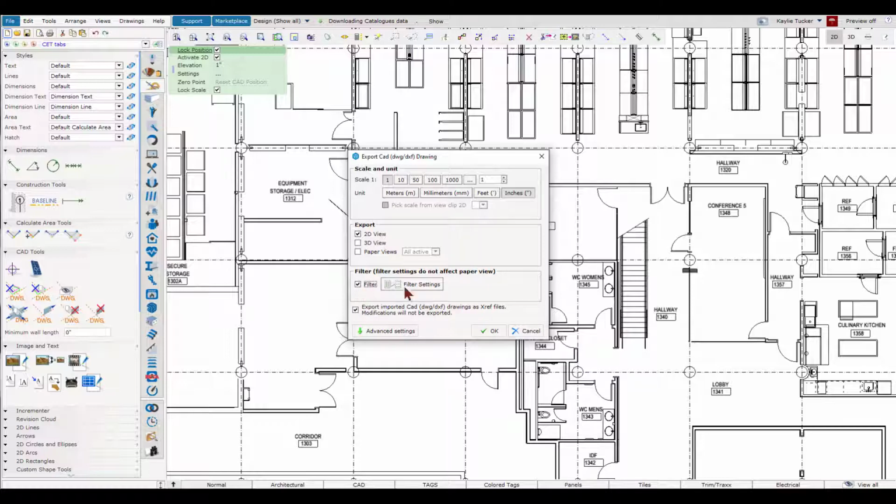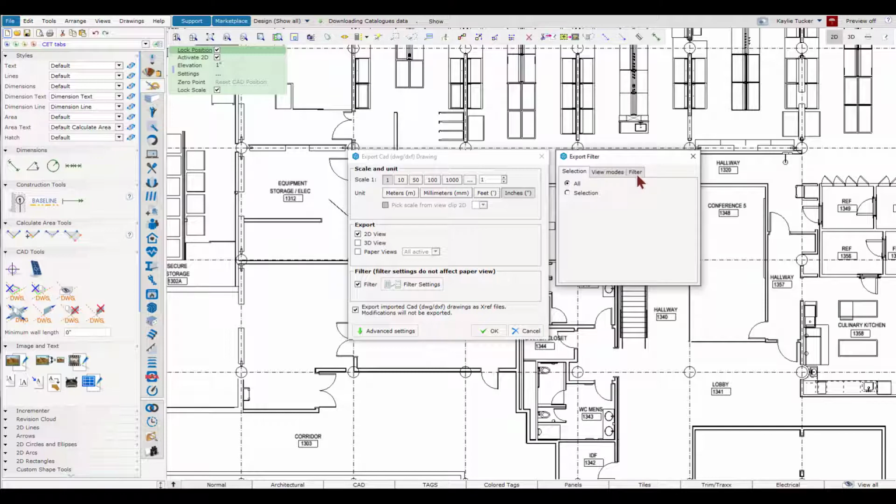You can filter out items. If you click on filter and filter settings, I can go to the filter, and if I do not want to send my CAD drawing, I can click on the CAD drawing and click on this no symbol, which will not send my CAD drawing. I could say other items. Let's just say if I had some architectural walls in here I didn't want to send, I could filter those out as well. For this exercise, I'm actually going to send the CAD drawing,